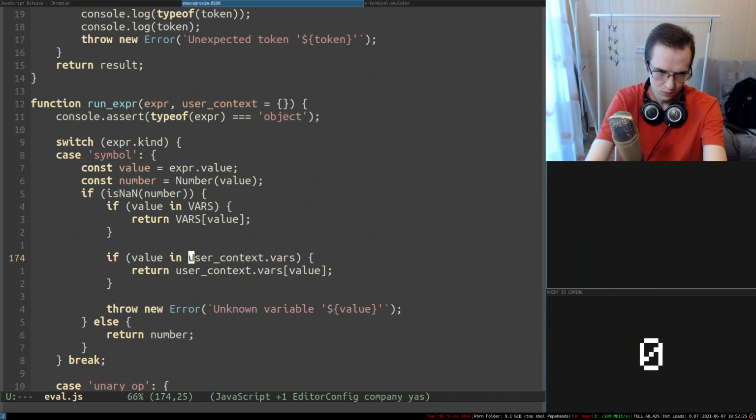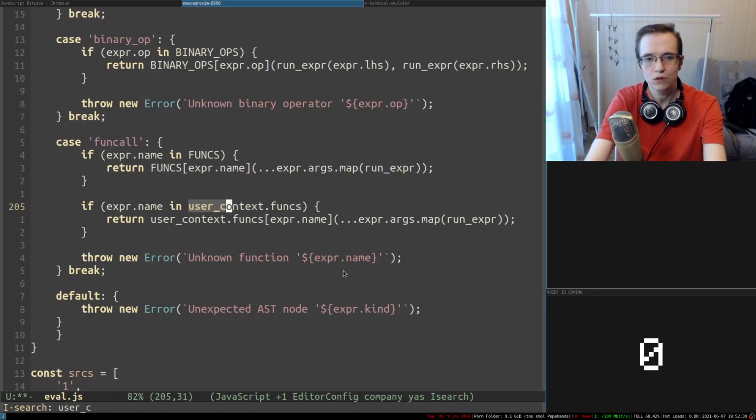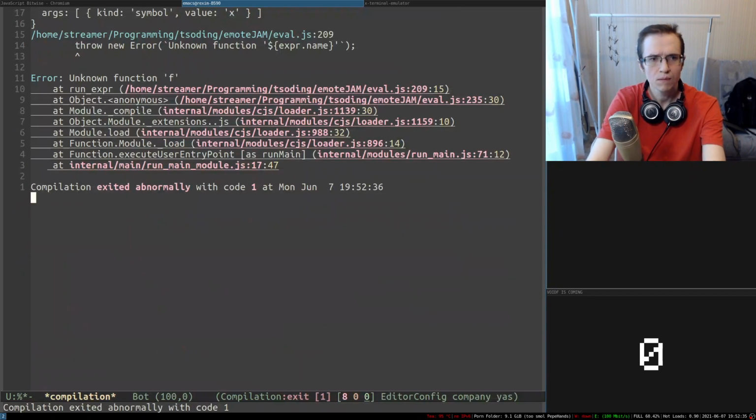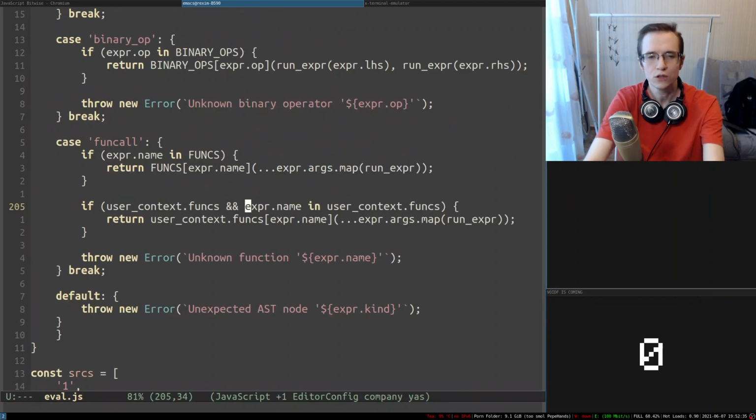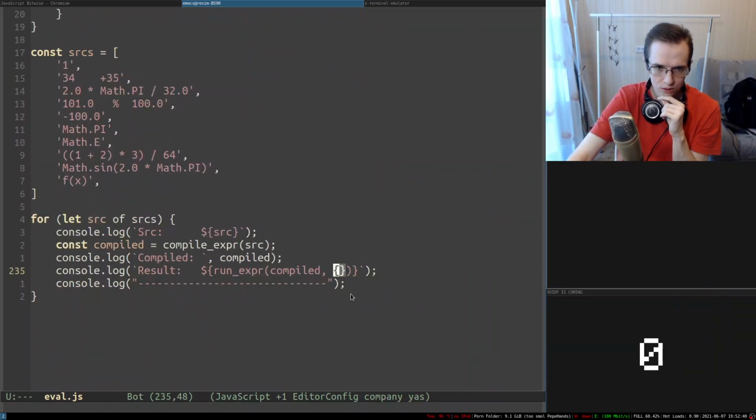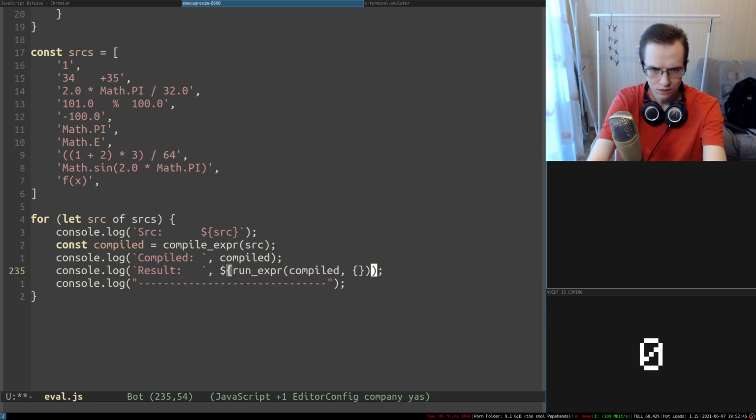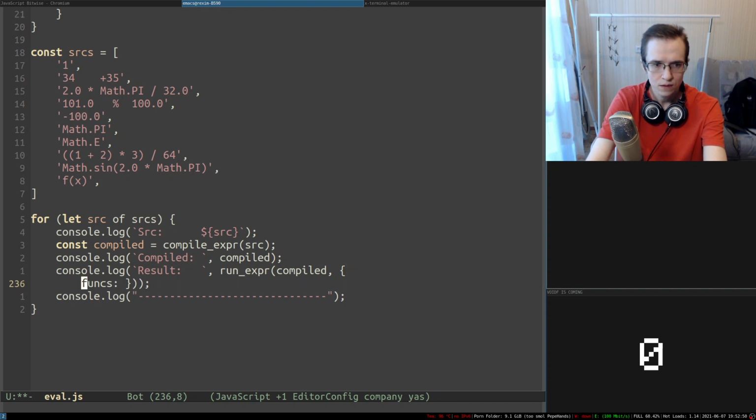All right, so cool. Can I do it like that? User context. Unknown function f. Okay, perfect. So now, if I try to run this entire thing, let's put it like this. I'm gonna provide vars and actually funcs, right? And the funcs that I want to provide in there is going to be